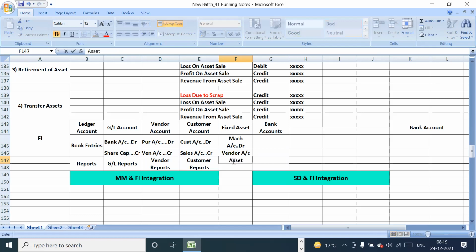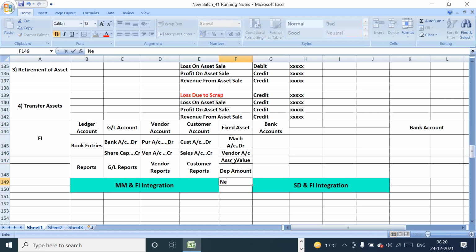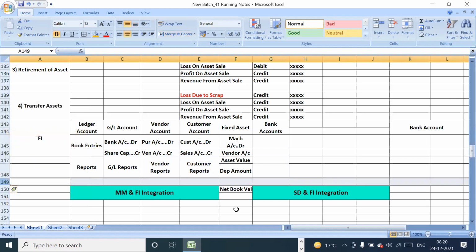First, I want to see what the asset value is. As of now, how much is the depreciation amount? And I want to see what the net book value of this asset is. Like that, we want to see the reports in the fixed asset module. So in fixed assets, we want to see this report like this: what is the asset value, how much is depreciated as of now, and what is my net book value,